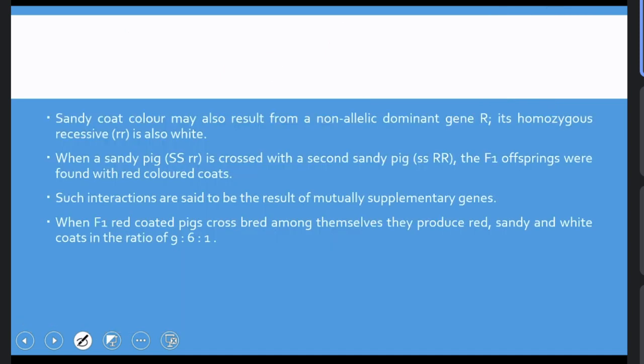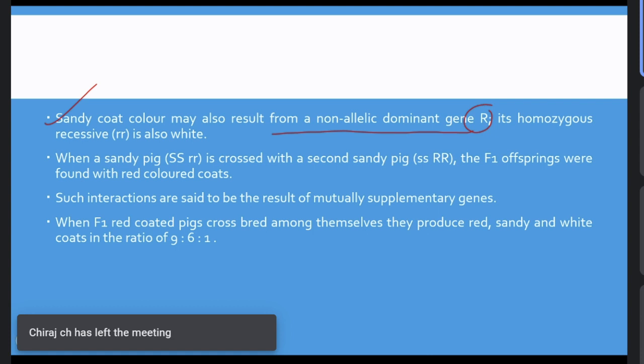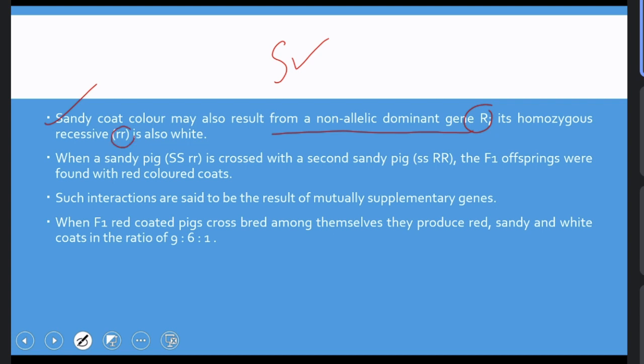So what happened here? Sandy coat color may also result from a non-allelic dominant gene R. It also results from S. Its homozygous recessive is also white. Likewise, gene S can produce sandy, but small s results in white color. When a sandy pig is crossed with a second sandy pig, here SS is dominant, rr is recessive. In the other case, ss is recessive, RR is dominant. The F1 offspring were found with